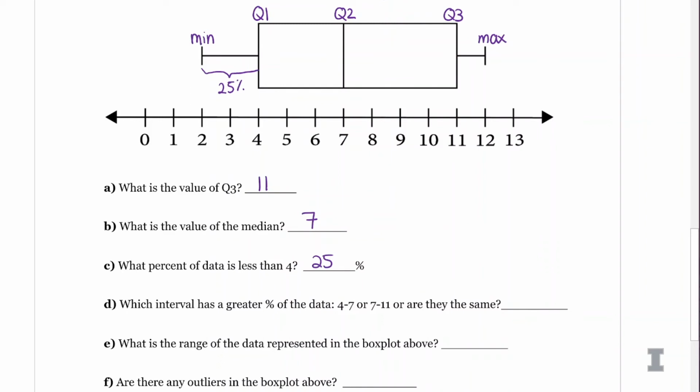Thinking more about percentiles, I know that between Q1 and Q2, that's the 25th percentile and the 50th percentile, this is also 25%. Between Q2 and Q3 is also 25%, because that's the percentage between the 50th percentile and the 75th percentile. And then above Q3 is also 25%. So this box plot is kind of divided into quartiles, into 25%.